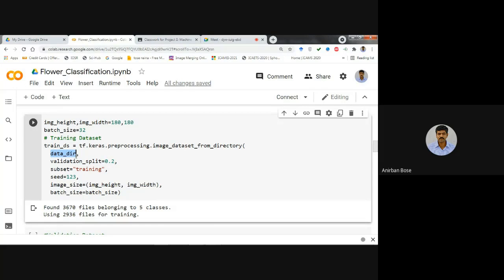So this is the first parameter that you have to pass, then comma, and then you have to give the validation split. It is like the train test split you have done, that is, what percentage will be the validation and what percent will be the training. So validation_split is basically the 20% that is mentioned here. And this is the important subset, you are giving the name training. Okay, so that is why it is basically train_ds. Subset you are writing training, and seed you have written 123, and it is kind of creating random numbers. As you know, in machine learning we have seen a random number for the splitting.